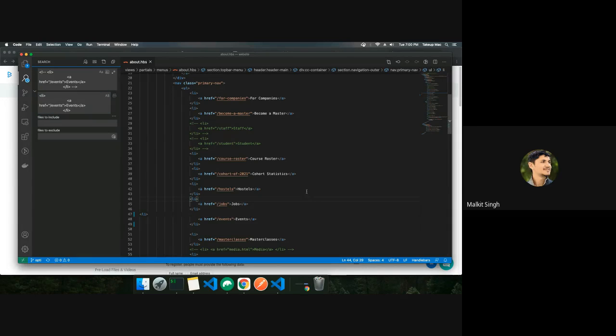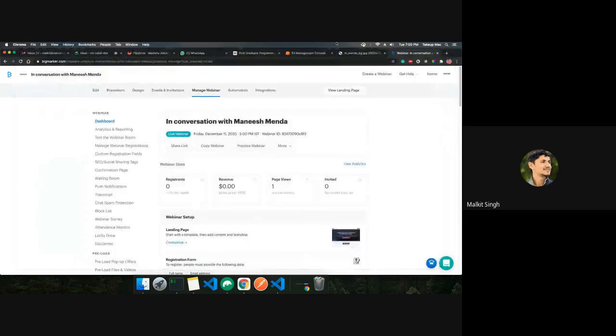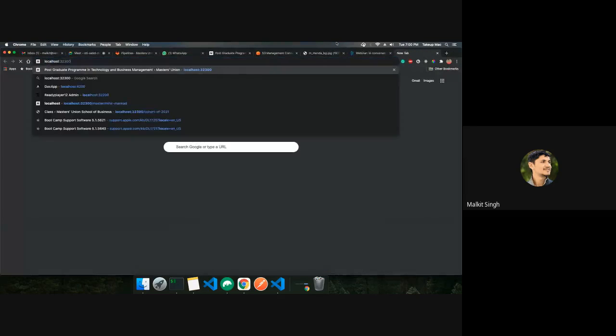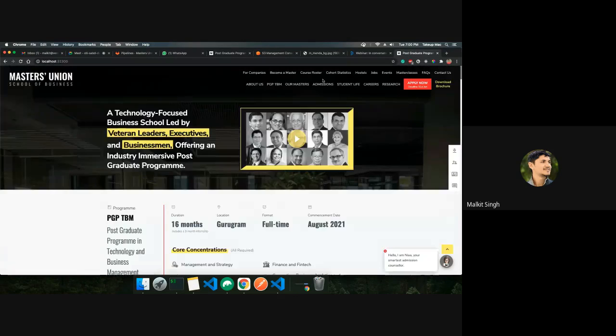Once this is done, I believe we are good to go. Let's check this one time. Just need to quickly go through the menu, I mean, on each of the pages. So the events are visible now,